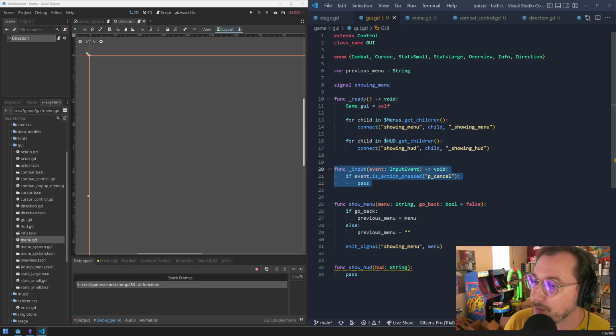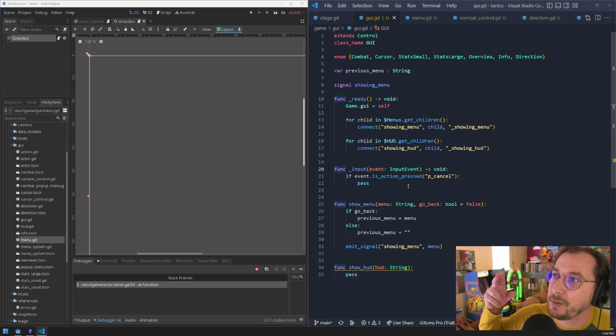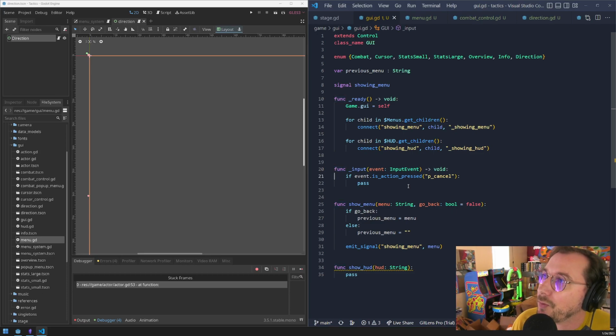This input event is critical to one of the ideas that we're trying to accomplish here. We have to use input, not GUI input, because we can't have this be the focused GUI element. If we're telling something else to be the focused GUI element, it's going to grab all the GUI inputs. So we have to go one step above that, so to speak, and collect cancel events on the input level, not on the GUI. And then there's some stuff I have to do here,